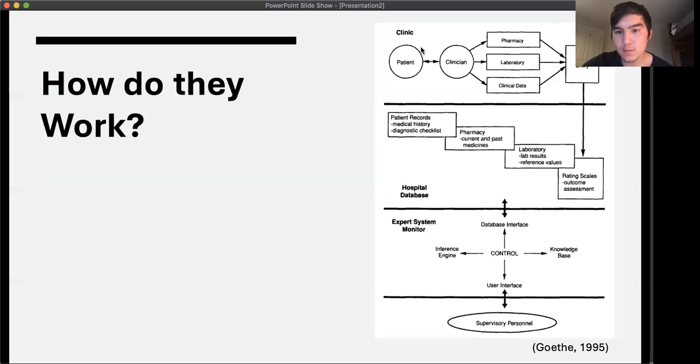So up here you can see the clinic. Here's the data set into the hospital database. So this is the big database that the system will pull from. It has an inference engine and a knowledge base, and it has a user interface to work with. So a clinician would go up to it and say, I have a patient with X, Y, and Z. It would look for anything similar to that. It would pull all the data that it could based on that. It would make a decision based on that data, and then it would output that decision. And if that decision is right, it will say, okay, we had a patient with X, Y, and Z, and I made a correct decision saying it was this, and it would build.